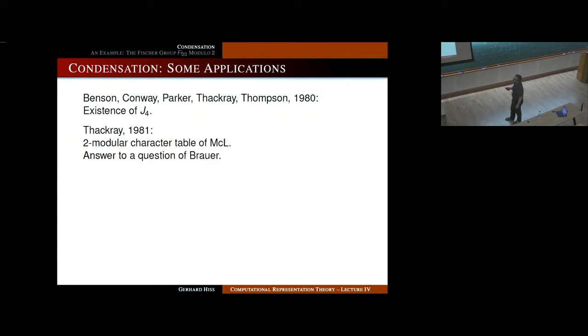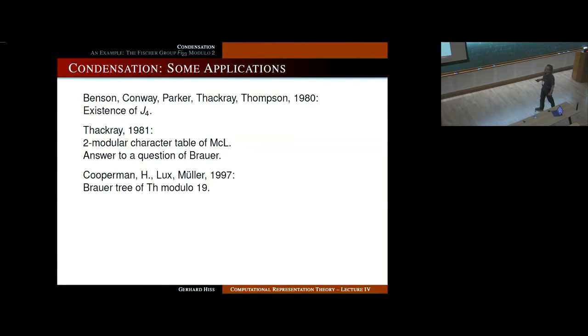Thackeray, in his PhD thesis, used it to compute the two-modular character table of the McLaughlin group, and at the same time answered a question of Brauer in the negative. So it gave an example which